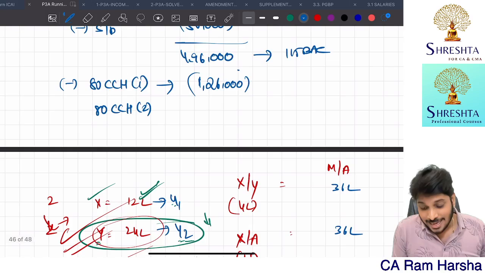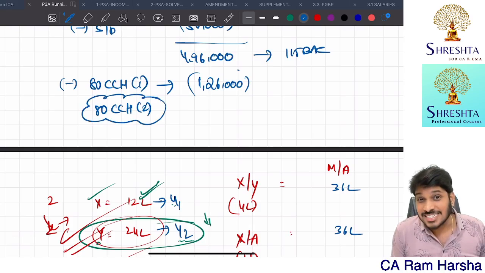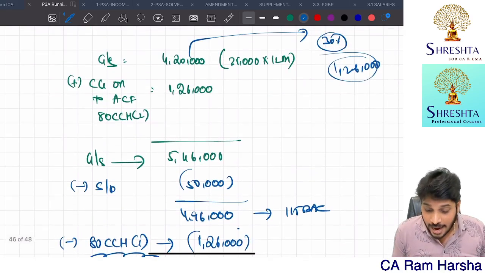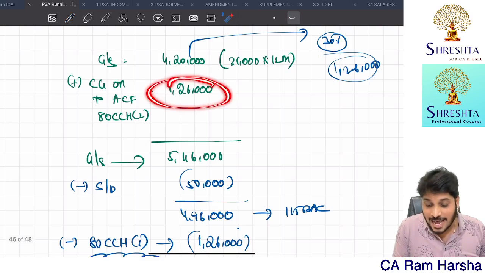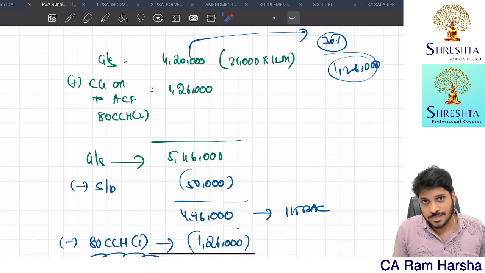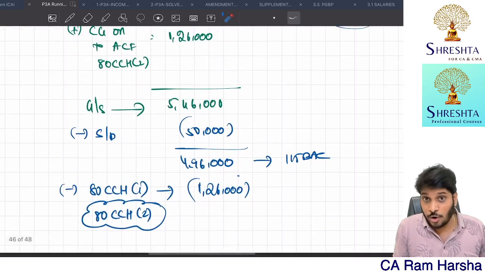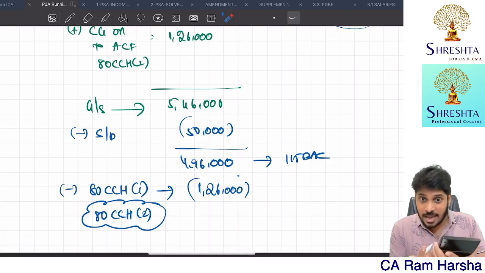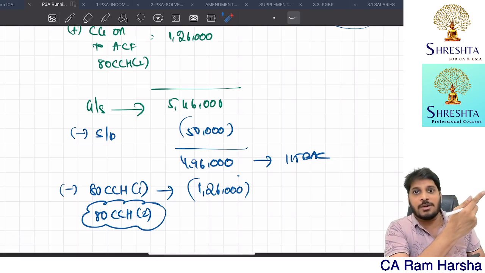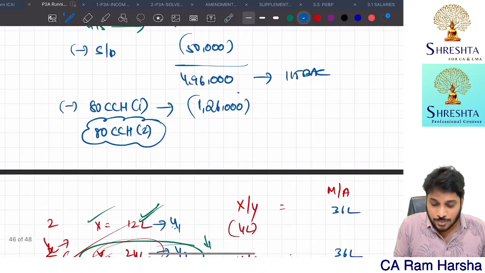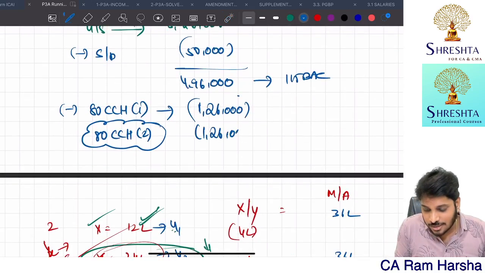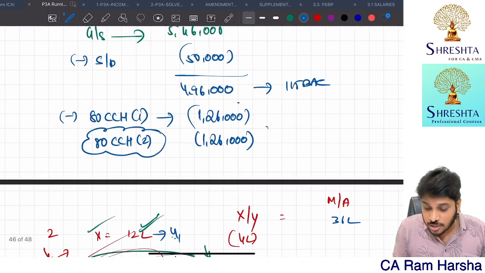Not only that, on your behalf, the employer, the central government, contributed, right? And whatever the central government contributed is taxed as income, right? Tell me, have you received this? No. So first it is treated as income, but you invested it. First they gave you the income, immediately they paid it into the fund again. So that 1,26,000 you will again get as a deduction for the employer contribution, the central government contribution, under subsection 2.